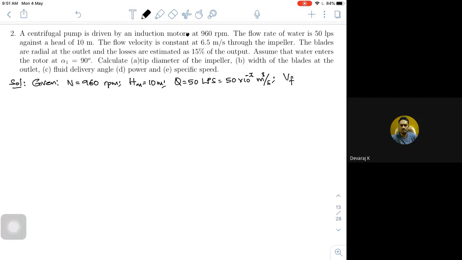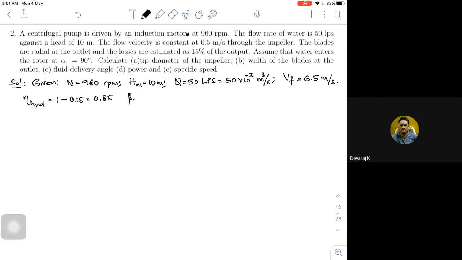My Vf is equal to 6.5 meters per second, and the hydraulic efficiency, see, they have given 15% losses. So 1 minus 0.15. The loss is 0.15. So what will be the efficiency? It is 85% or 0.85. The estimated losses are 15%, so what is left is 0.85. And they are given